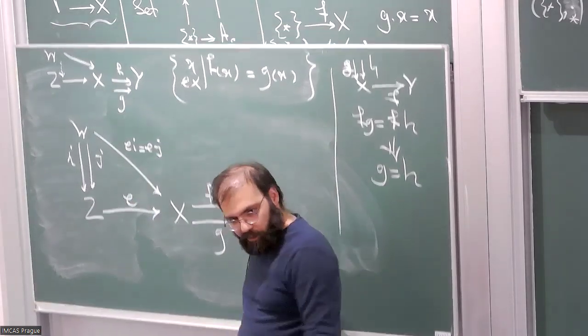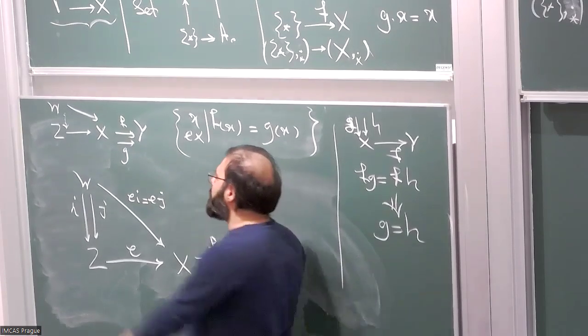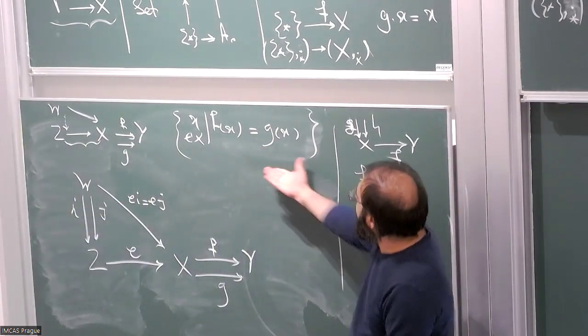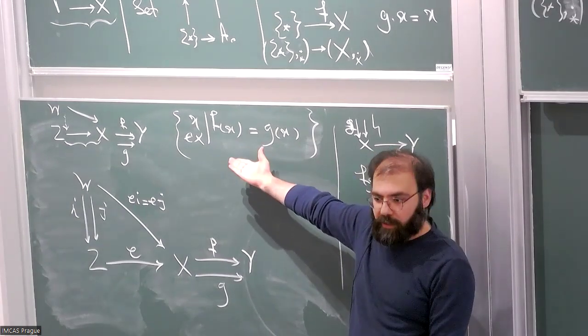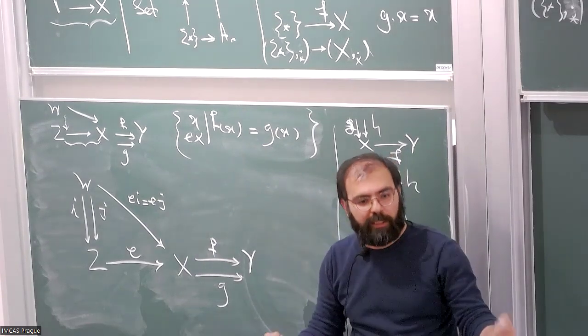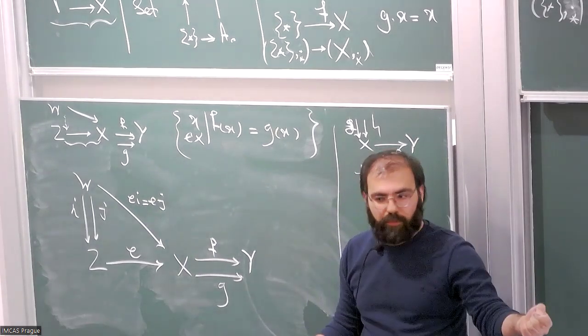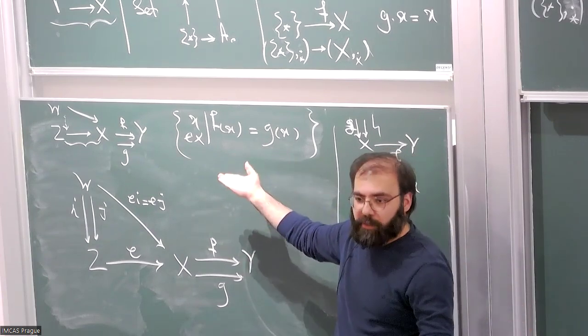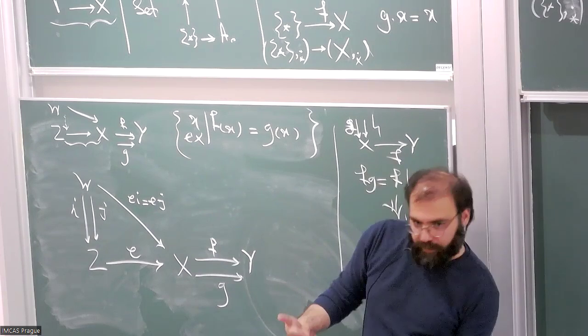So this was just an exercise to see how I'm using universality. But the thing is that when this guy is an equalizer, then it really defines a subset. So it's kind of a consistency check that I define monomorphisms as my subsets. This is my very basic separation, so there should be some consistency check. Okay.